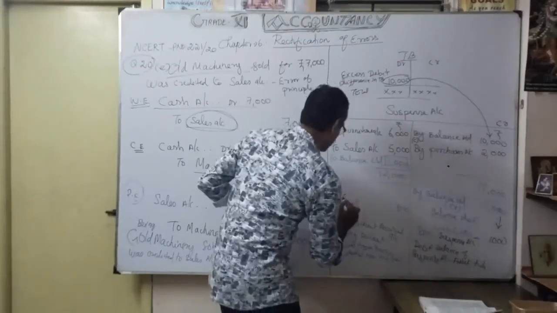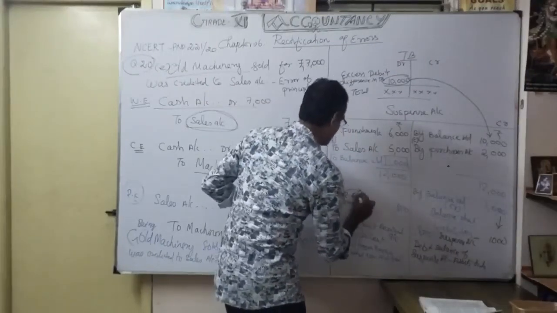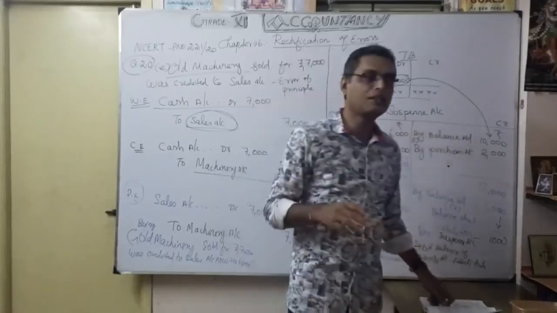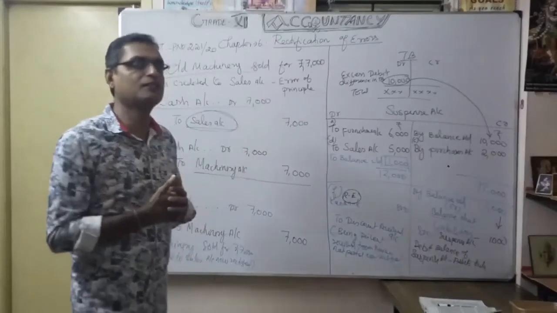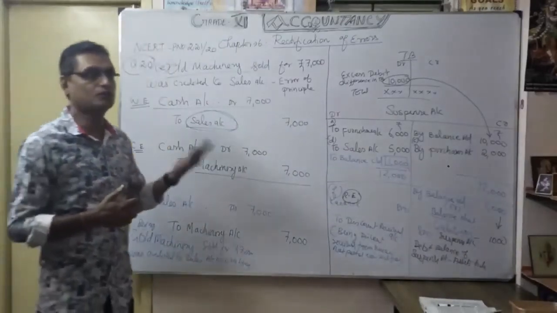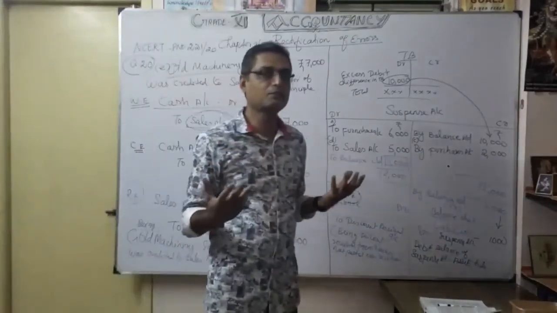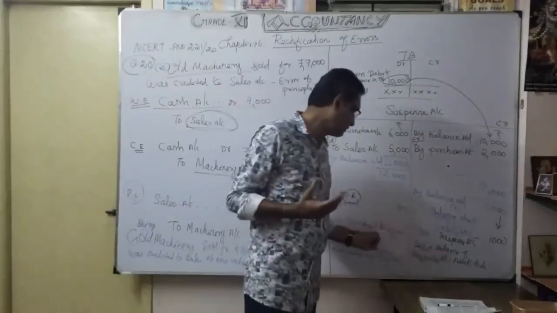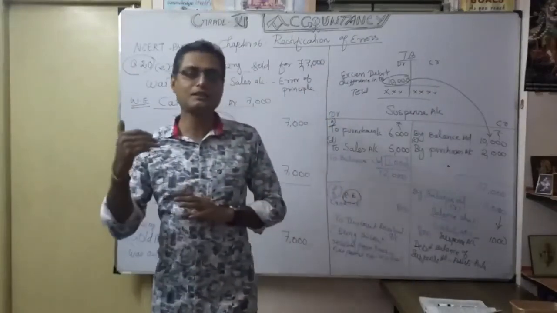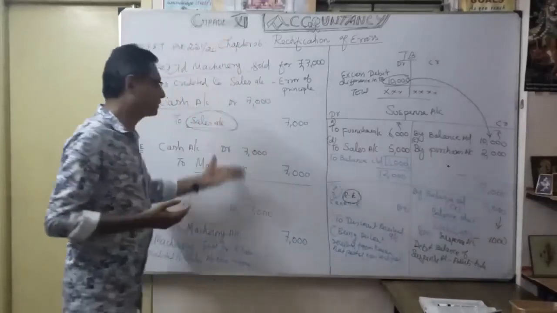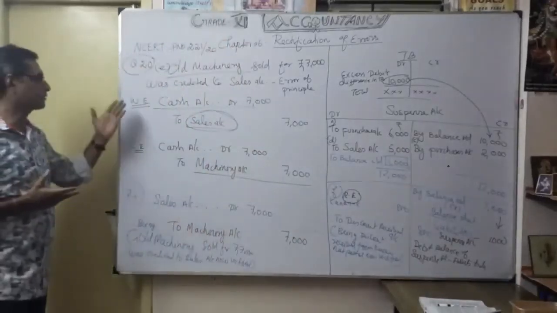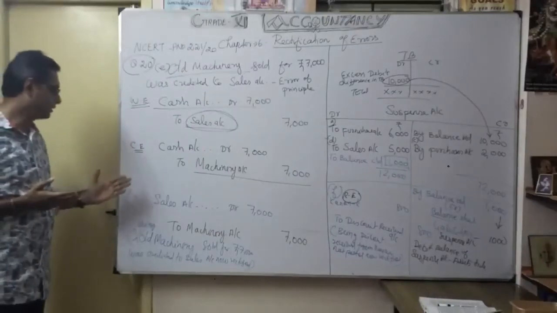Here we directly did the rectification entry, so there is no question of a wrong entry, because I totally forgot to write it, it was not posted. When will the wrong entry come? In the wrong posting, in the wrong amount. Here, they are not even posted. That's why you can do the journal entries directly here. That part we can do as a rectification entry directly. Otherwise, you follow the same manner: wrong entry, correct entry, rectification entry.